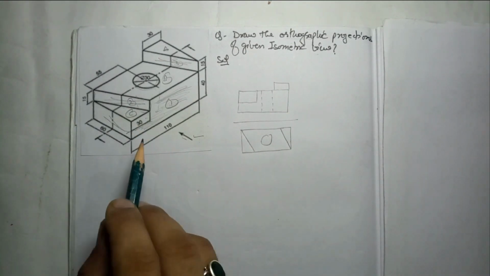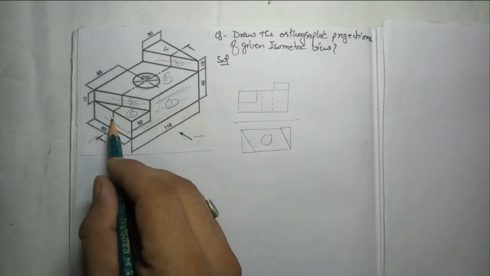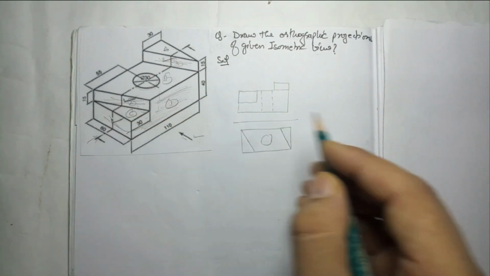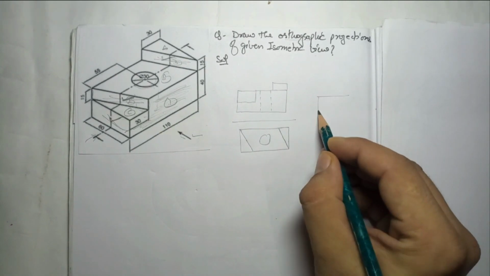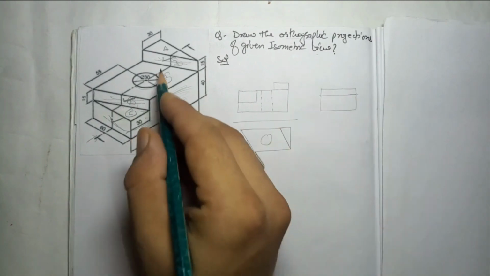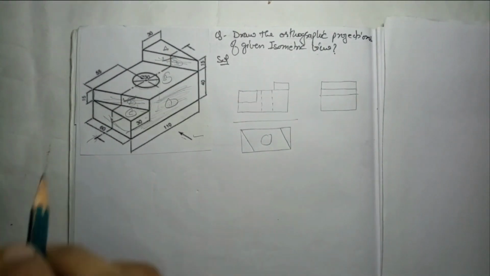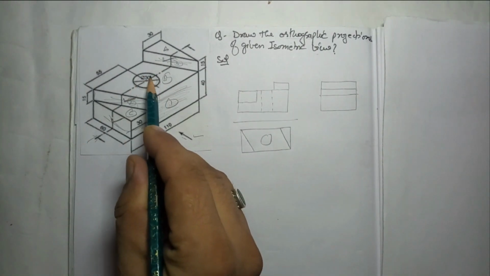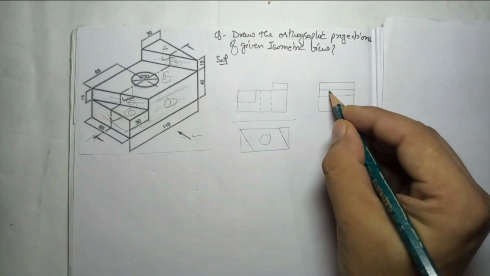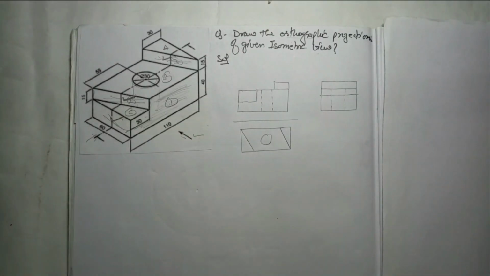Now we will see the side view. Here I'm going to discuss only the side view, but we will not draw it. When you see from this side, you will see surface 1, surface 2, and then surface 3. How will they look? First the base surface will be a rectangle, above that a second rectangle, above that a third rectangle. So three portions like this. This is the visible part. Now what about the hidden part? Only the circle is hidden. It starts from the second and first, not in the third, so it will go in the second and third only, not in this upper part. So this is the front, top and side.